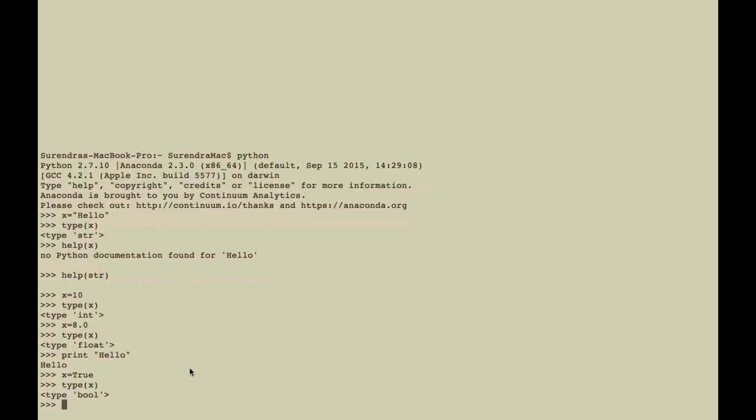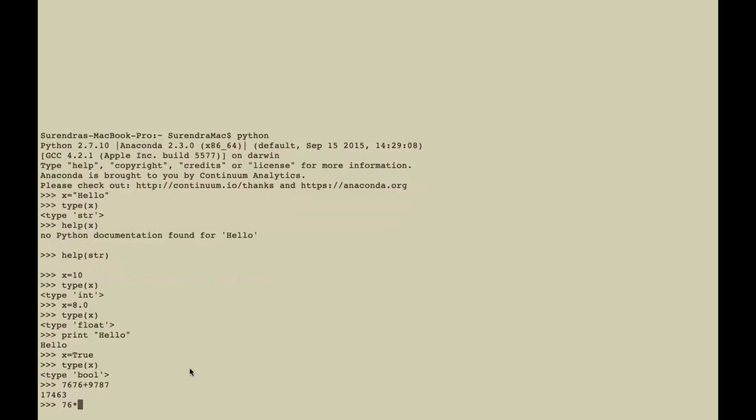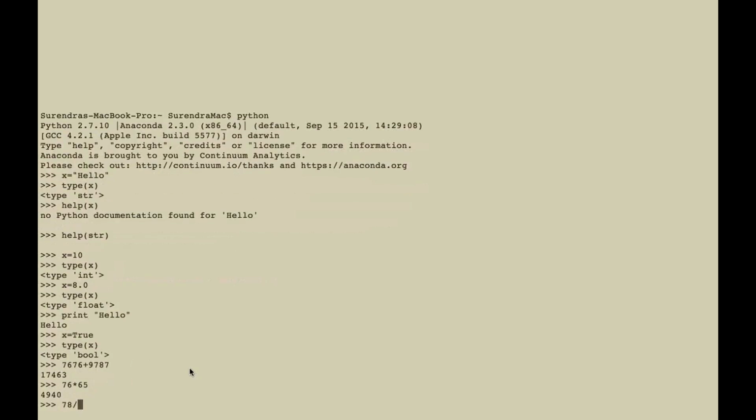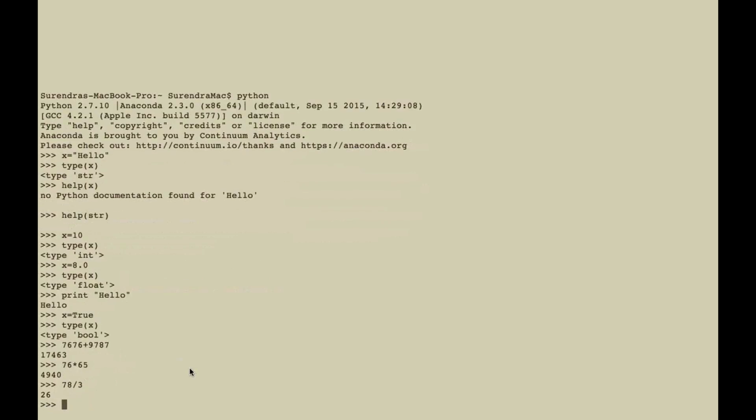So now let's play with the Python interpreter. Let's say you want to do some computation here. In other programming languages, computation is very challenging, but that is not the case in Python. You just do something like this, and you can see the addition is done. You want to do multiplication, simply you can do the multiplication also. Anything you want to do as a computation, Python allows you to do that quickly. So here, the computation is very quick in Python.